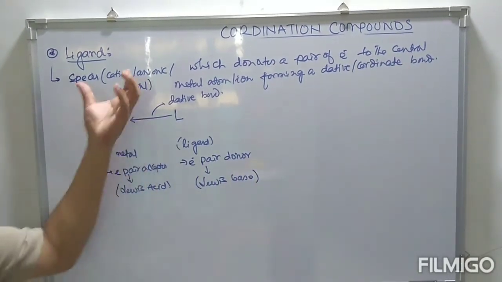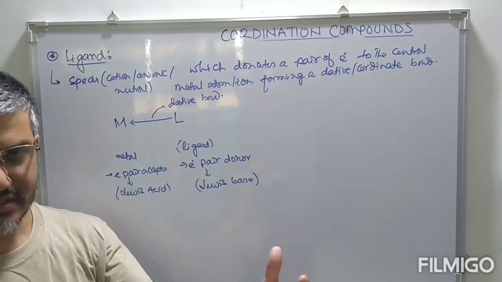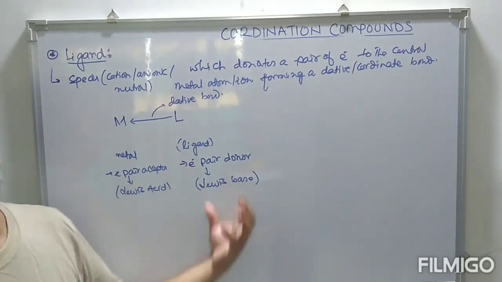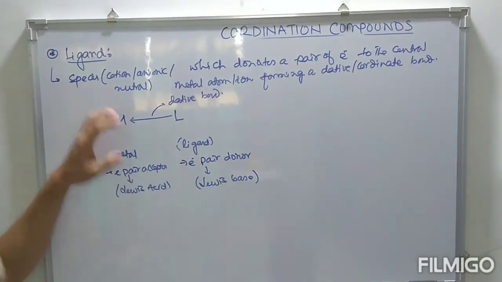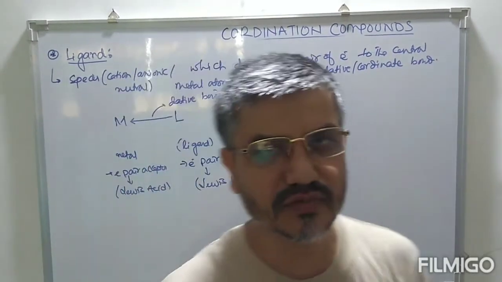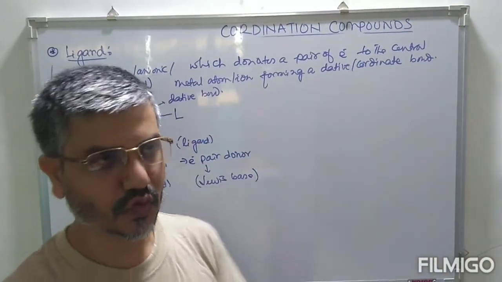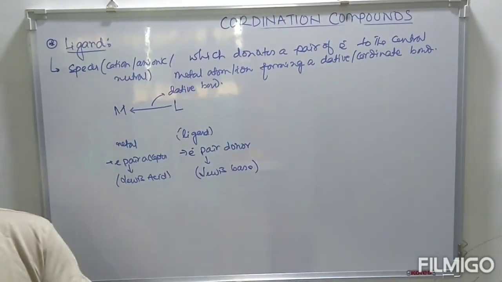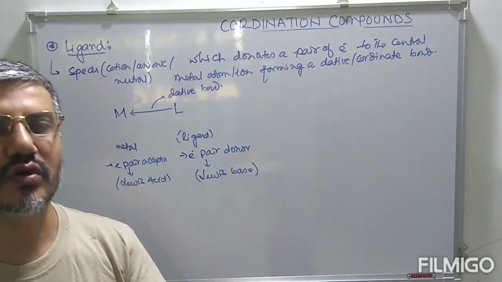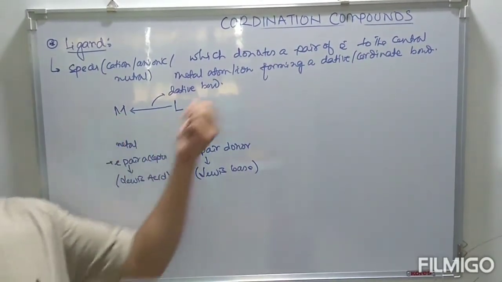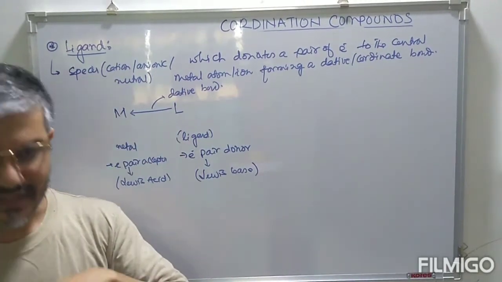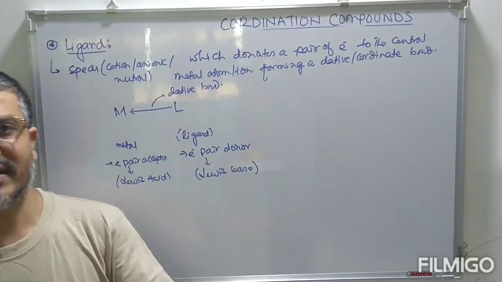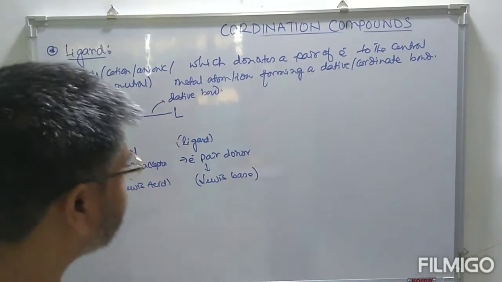So we can classify this ligand as a substance which donates a pair of electrons to the central metal and forms a dative bond with the metal. In some other cases, some of the ligands may also show donor as well as acceptor property, but in the majority of cases, the ligand acts as a donor partner, and the metal acts as an acceptor partner. But there are some ligands which show both donor as well as acceptor property,